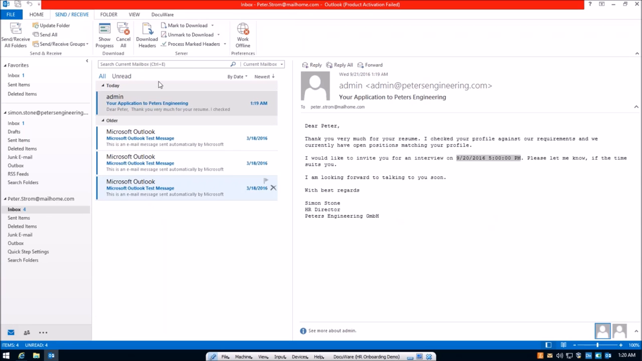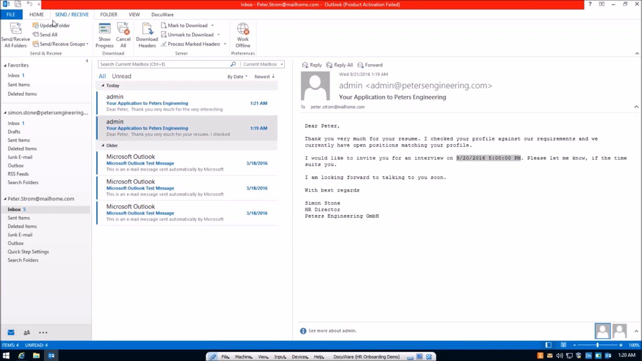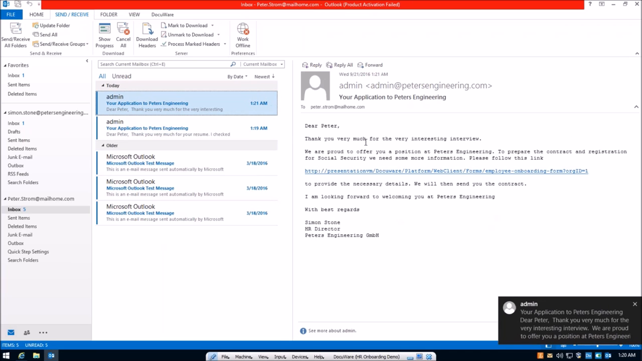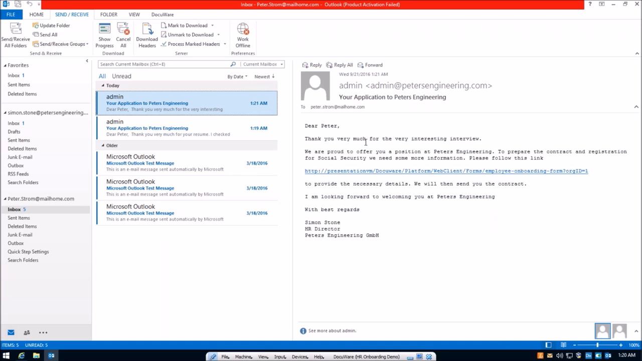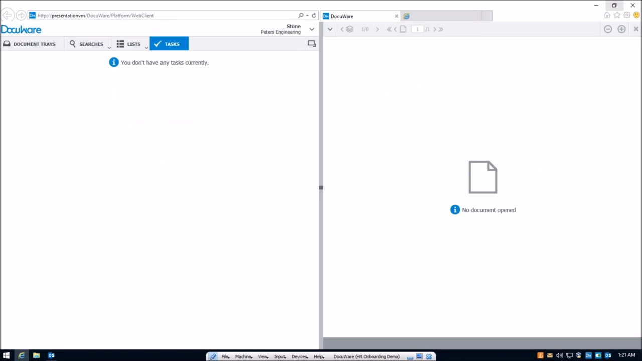so now if we go back to Peter Strom's email, he's actually received a job offer, so he's really excited at this point, and it's a pre-prepared email with the link to the employee onboarding form. Now this needs to be filled out with his personal data to create all of the necessary legal documents as part of that enrolment. So Peter's happy about the offer, and he opens up the link,